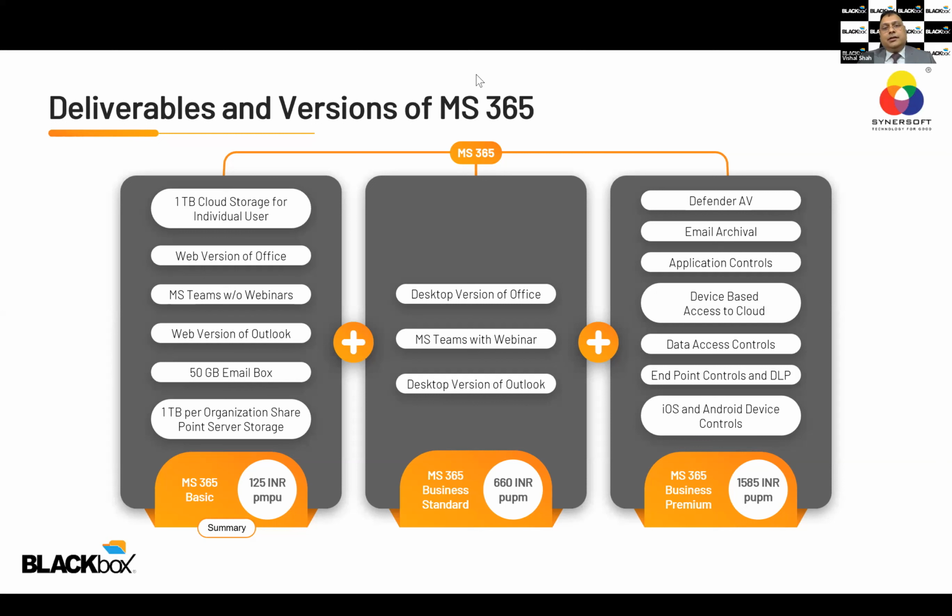So in this case, when they require all these features, Microsoft charges right now 1,585 INR per user per month, and it has a trend of increasing the price almost 10 to 15% every year. So that is something which has to be expected. So for a 25 user organization, that would be approximately 4 to 5 lakhs of rupees per year, which is expensive, and we will find out the alternatives, how we can make this 4 to 5 lakhs per year to maybe 1 lakh rupees per year. We will see that. So this is about Microsoft.